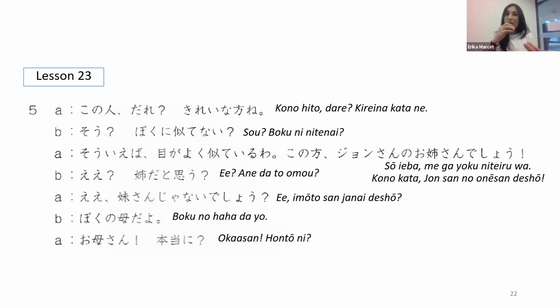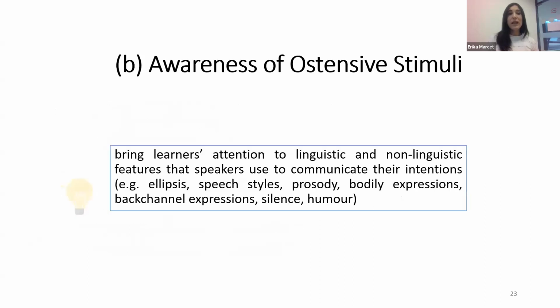And I also used this very short listening comprehension task to talk about linguistic underdeterminacy. So in this particular text, we have ellipses, particularly cases of loose syntax. I use this text to talk about how linguistic forms are sometimes not enough in communicating, and that we need to look for other aspects of communication or contextual cues if we want to interact effectively.